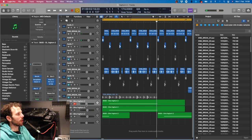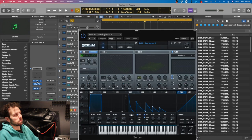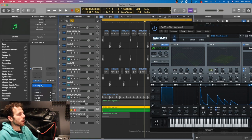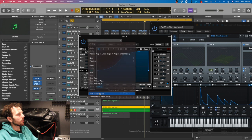Yeah, and then I've also got a sub layer on here. All I did was I split the sub. I like to do that because we put a lot of effects on the synth, and when you do the direct out, it just doesn't have the same effect as what the oscillators do with the sub. So I like to split the sub, and whilst we're here, I'll probably whack on a little LFO Tool just to duck out the